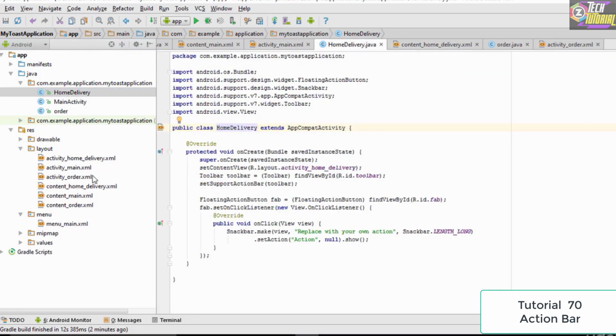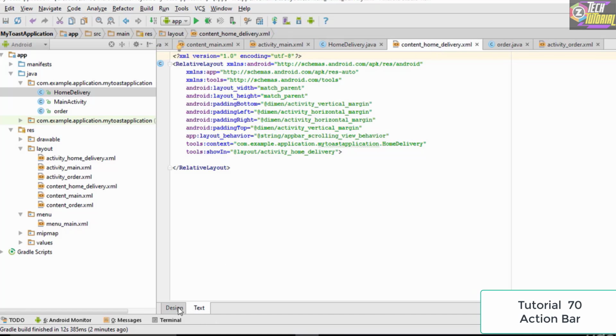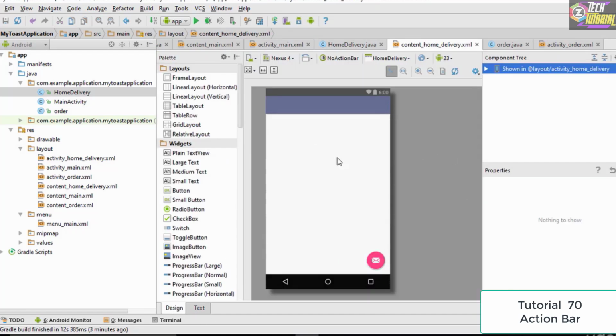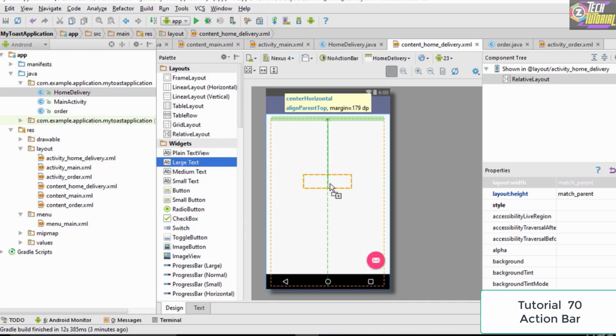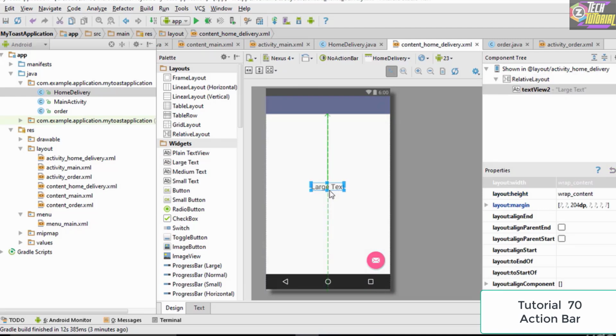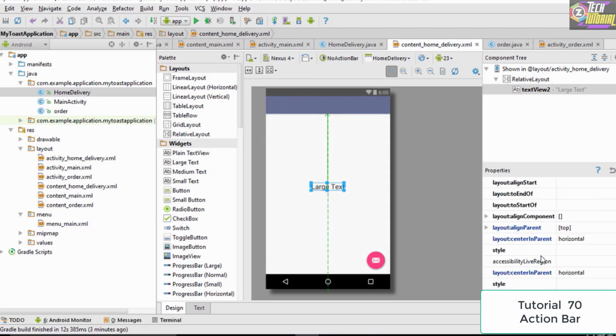our new activity. So now the only thing which we need to do is that we need to add in some content to this activity so as to identify this activity as a separate activity from the previous one. So let's go ahead and drag a large text onto this activity. So let's drag a large text right in the middle, and let's change the text of this to, let's say, home delivery. So we go to properties